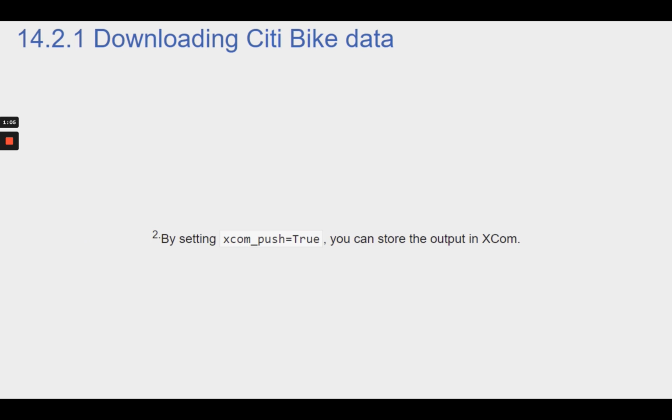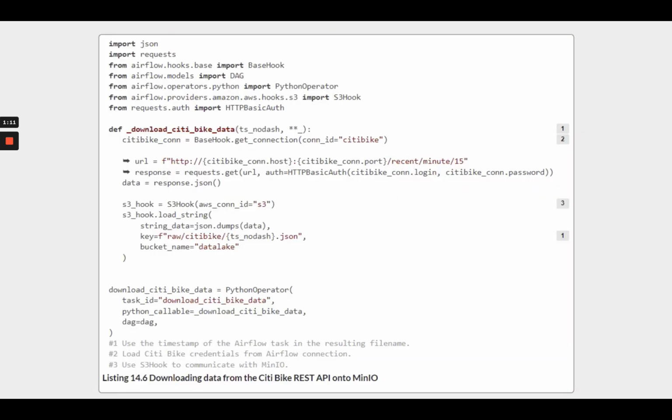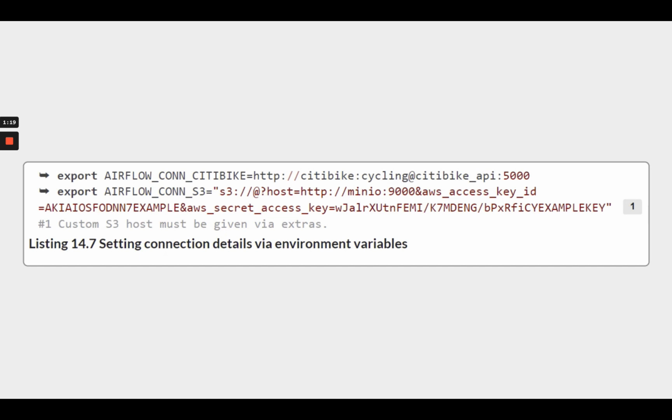Footnote 2. By setting xcom_push equals true, you can store the output in XCom. Let's see how to query the City Bike API and store the output on the min.io object storage. We have no Airflow operator to use for this specific HTTP to S3 operation, but we can apply Airflow hooks